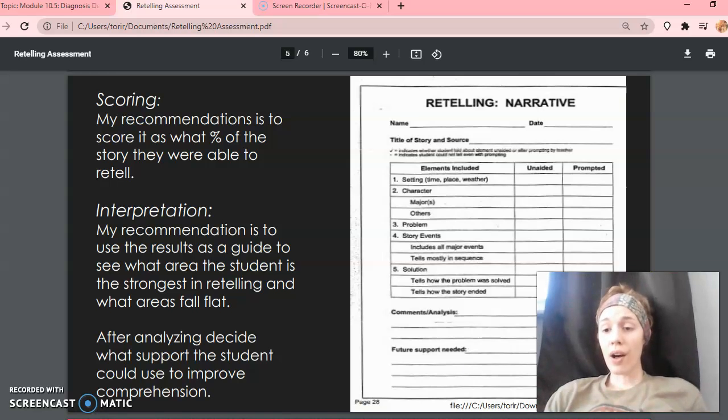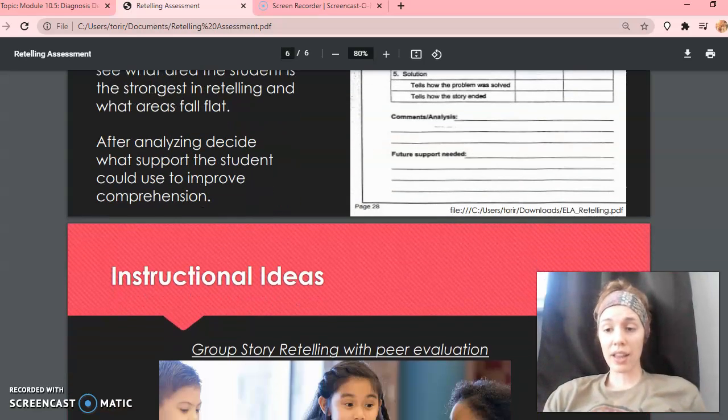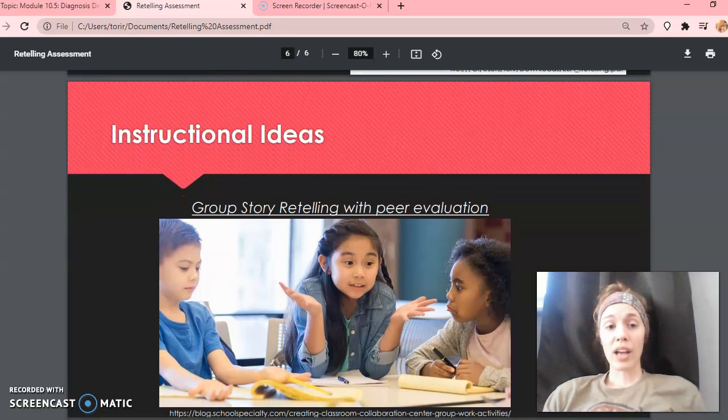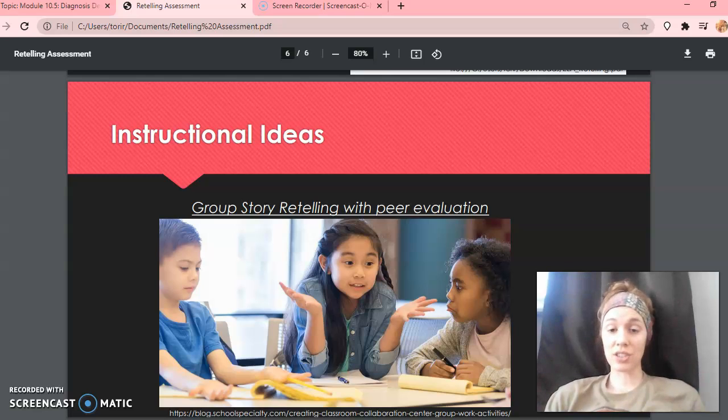So to end, an instructional idea I had was to turn this assessment into a group work. So you could actually have students get into groups and you could do peer evaluation, and the students could have their own simplified version of a score sheet that's just really simple for students to read, and they can take turns retelling a story they all read, and the students can grade each other. They could put a little check, like maybe you could list all the characters and they could put a little check if they mentioned